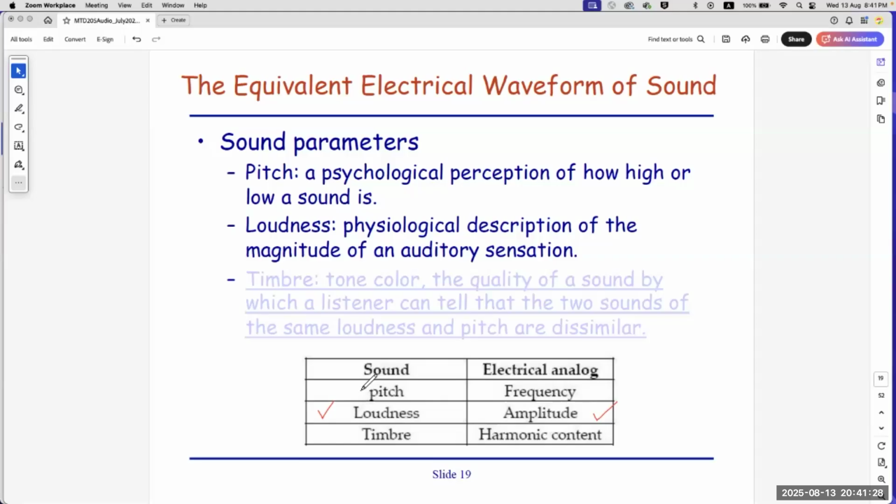Then, how sharp is your pitch? To us, we say pitch. Ladies have high pitch because they have high frequency. Men have low pitch, a very rough voice, because the frequency is very low. Some of you, maybe you are very good at music, your ear is able to differentiate two types of frequency. This is what you call timbre. Timbre tells you whether you can differentiate two sounds of the same loudness but different pitch.